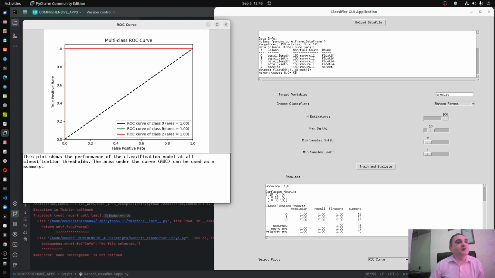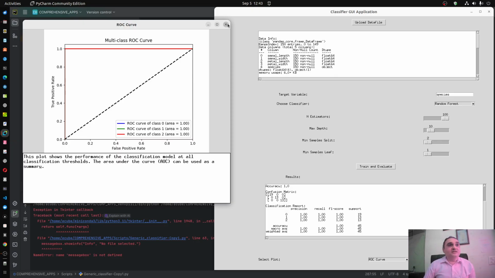And here for all classes, class 0, 1, 2, Setosa, Virginica, versicolor, 100% of the area is covered. So that means for all classes, this random forest is the best classifier. Remember, even though this is a simple data set, it is not necessary that all classifiers will give 100% accuracy. Actually, random forest and XGBoost are two very powerful classifiers, so they give 100% accuracy, but not all classifiers. Okay.